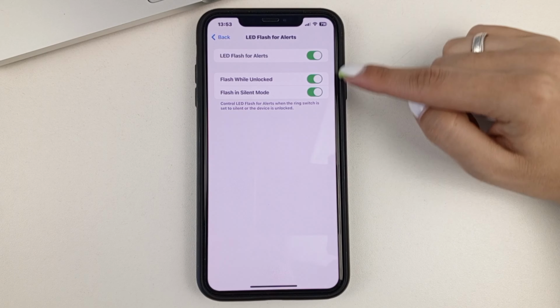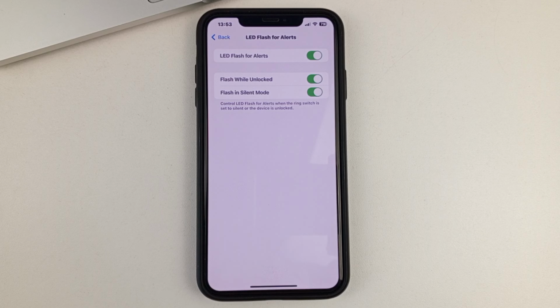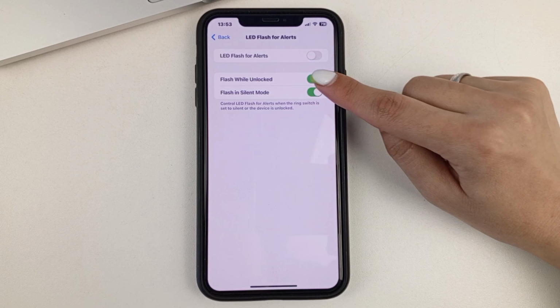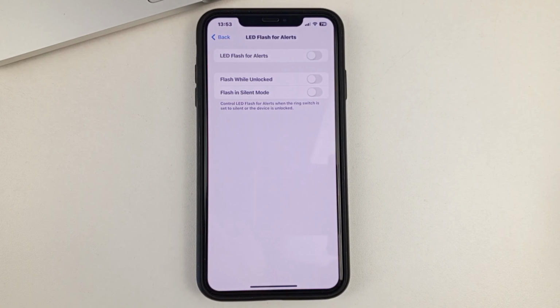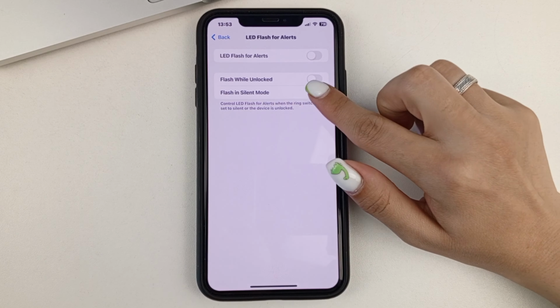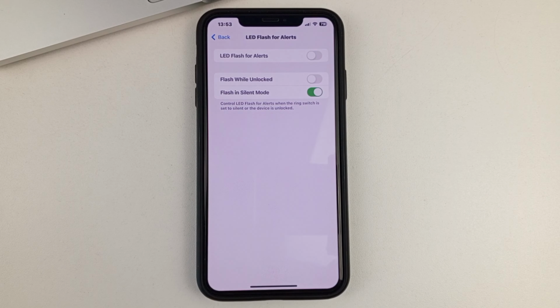And as you can see, I currently have all the flashlight notifications on my iPhone turned on. In order to turn them off, I just need to deactivate all these 3 buttons. But I still recommend that you usually leave the last one on. Because when there's no flashlight notification at all, that's not very good either.